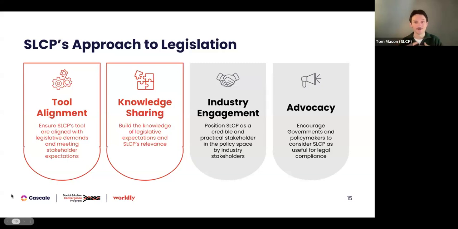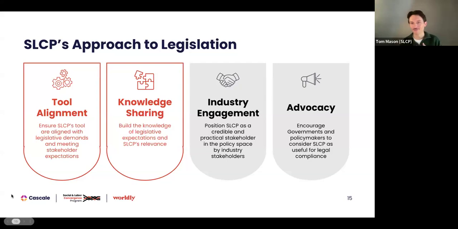You, as manufacturers and also as all stakeholders within the industry, have told us that you want us to take on this role, and that's what we're going to do. We've covered a bit about what the legislation is and why, but now we're going to focus the attention on how we are going to approach this legislation using the CAF and FSLM. We need to ensure that the CAF tool remains fit for purpose to support you or your buyers with compliance and proper implementation beyond just minimum basic compliance.